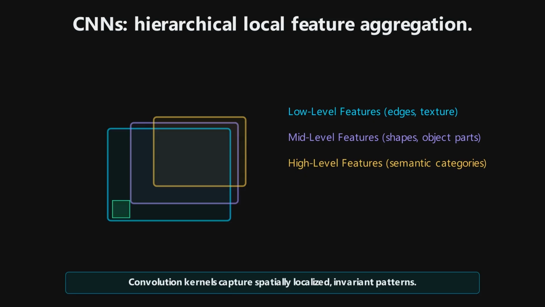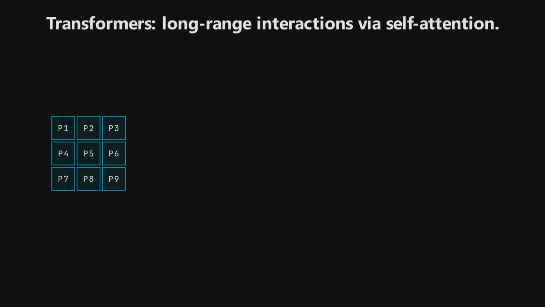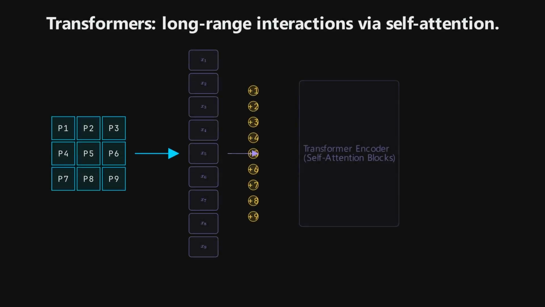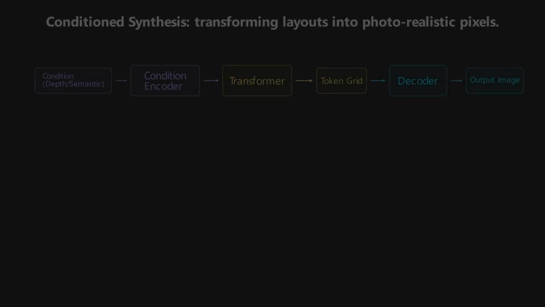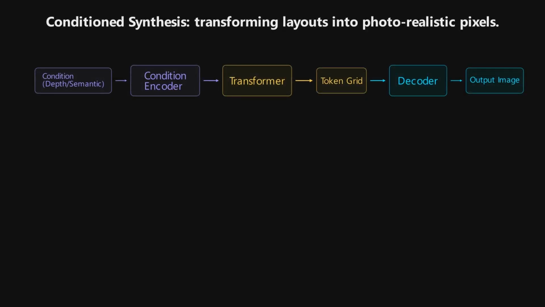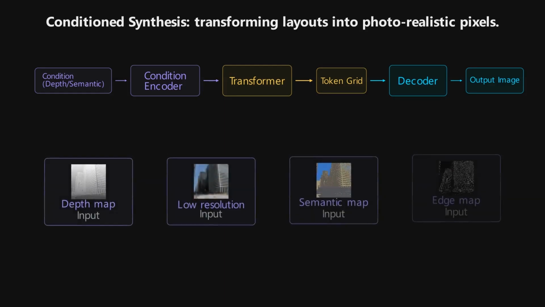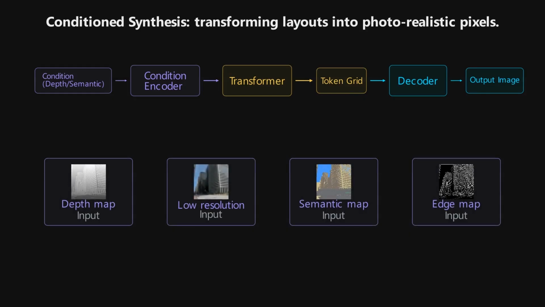Then came CNNs. CNNs became the workhorse of vision because they are very good at extracting local features hierarchically. Edges become textures. Textures become object parts. Object parts become larger visual structures. But images are not only local. Sometimes a patch in the top left corner needs to communicate with a patch in the bottom right corner. The color of the sky affects the lighting on the car. The position of one eye affects the position of the other. This is where transformers become important.